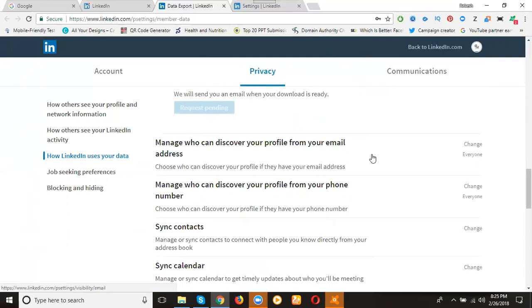Is it clear? This is how you can export your email contacts with your Gmail address. Previously it would download within a second. LinkedIn's new update is that when you verify your LinkedIn password, LinkedIn will contact you by sending it to your email address within 24 hours. This is called export your data by email and import your emails by connection, which also increases the connection. Two things will be possible with the LinkedIn profile.